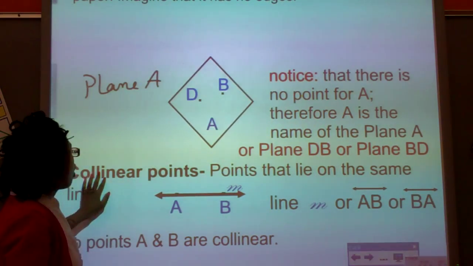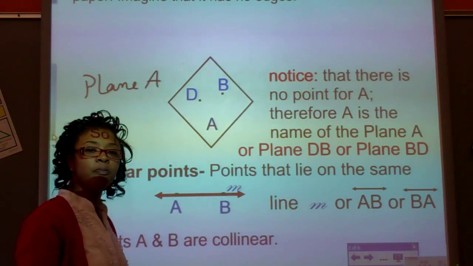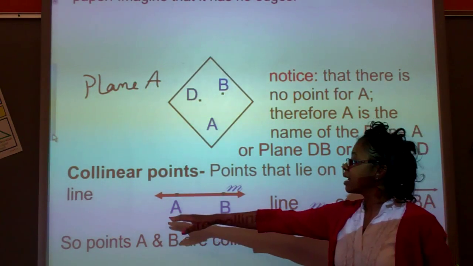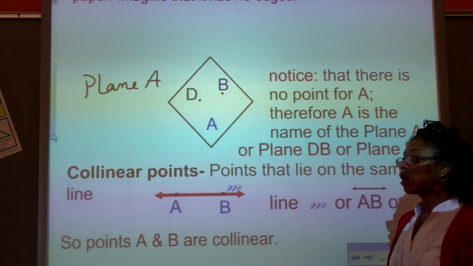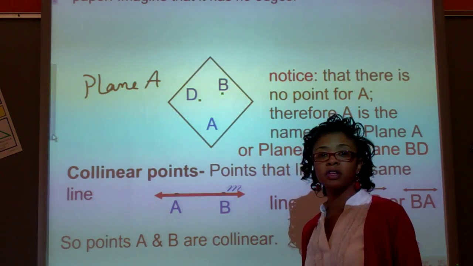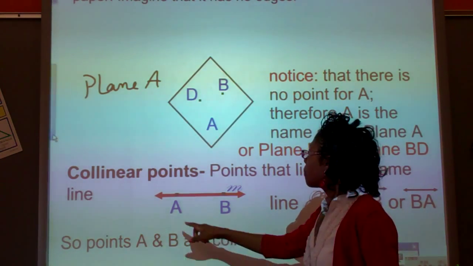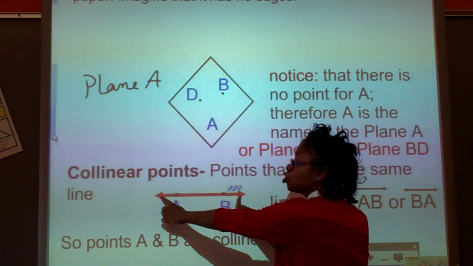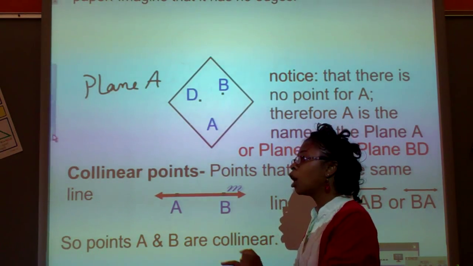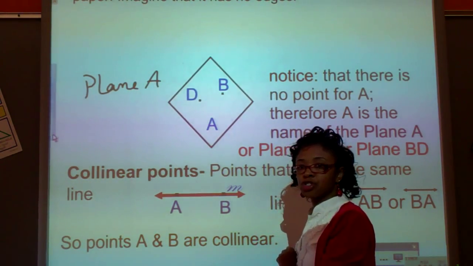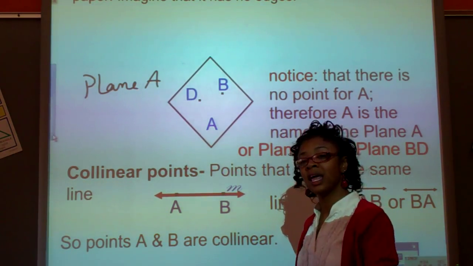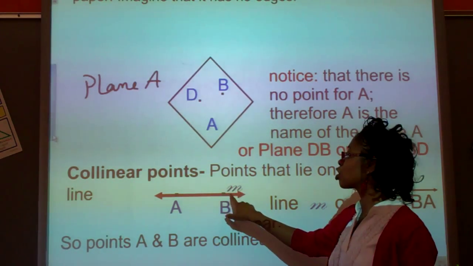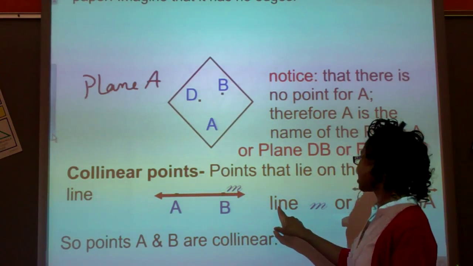Next portion, collinear points are points that lie on the same line. For example, we have this line here. There are three ways we can call this line. We know it's a line because, again, it has the two arrowheads that we discussed previously, going in two opposite directions. This particular line has a name attached to it. This line is called line, notice the cursive letter M. We can call this line M,